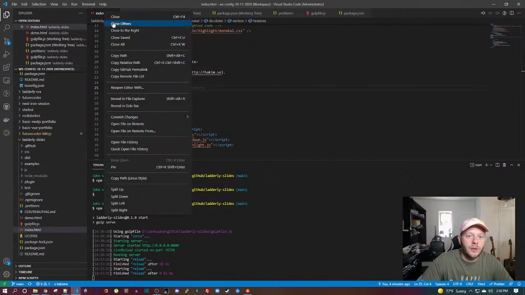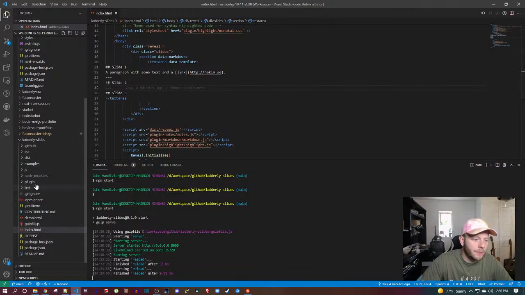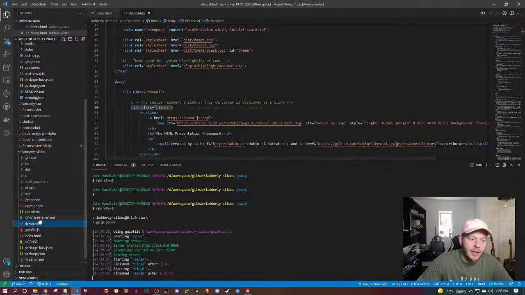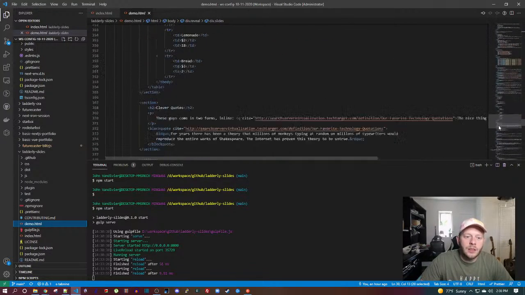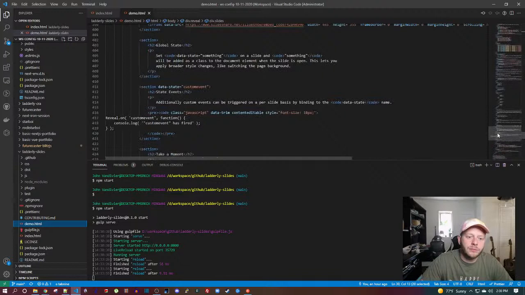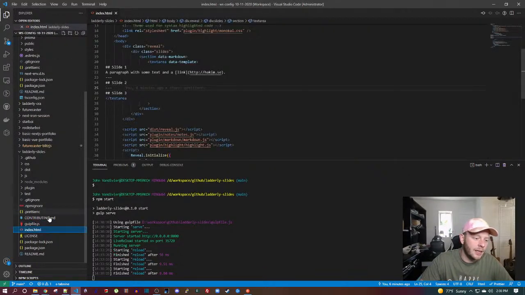I'm going to close others, go to my README. I'm also going to delete the examples repo. And as much as I like this demo file, because it just helped me, right? I was able to see. I think it's fine if we delete this now. And in the future,